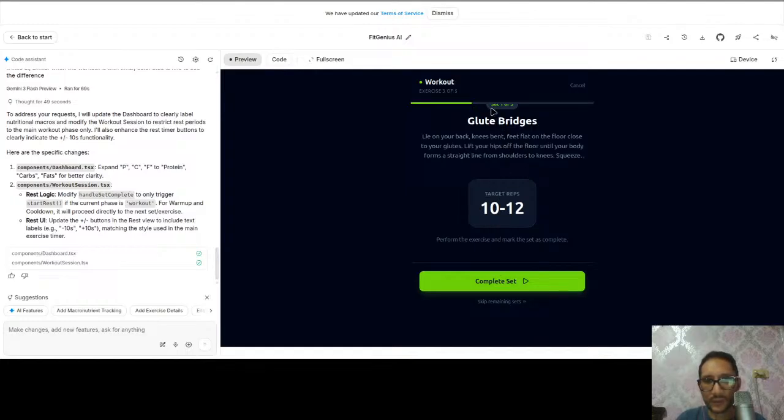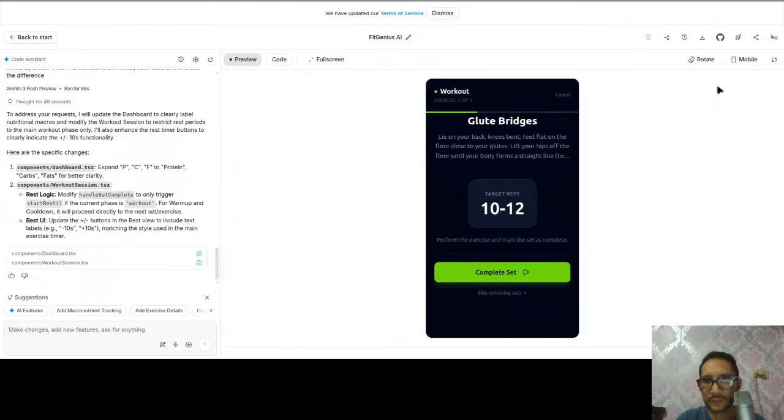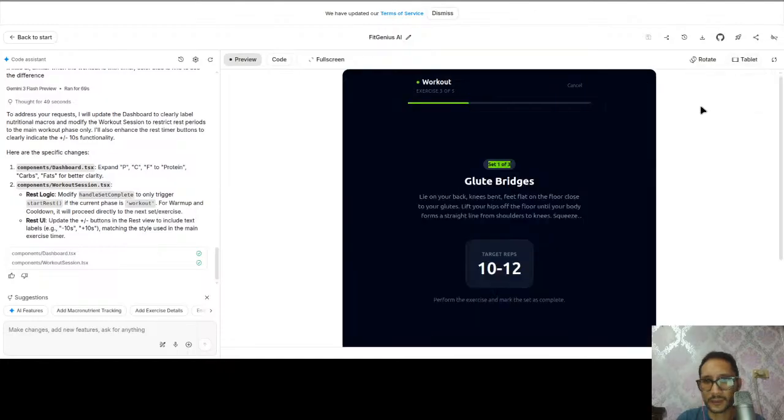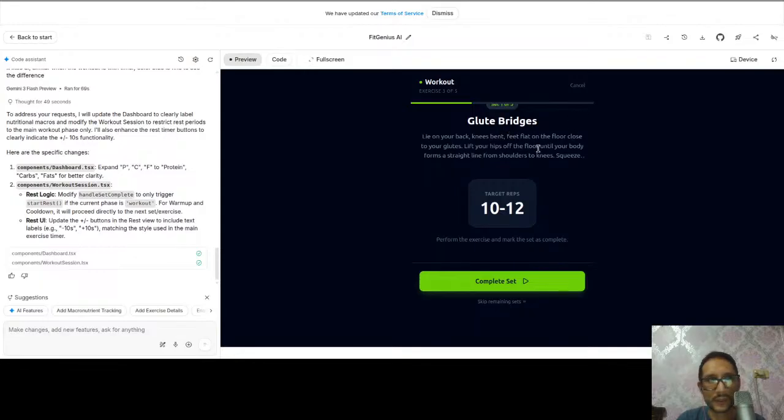So look, this set of one of three gets hidden. Let's see if on mobile. The tablet looks good. According to my current screen size it looks good, but it's because of this.